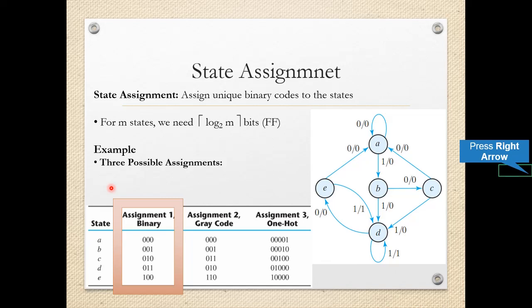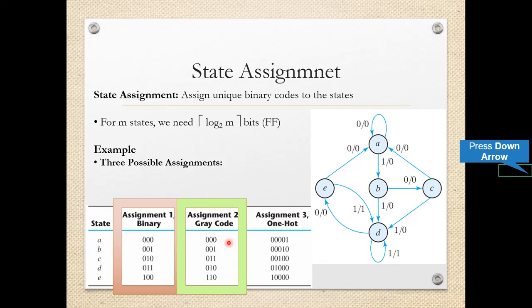Now what is the speciality of gray code? In gray codes there is a change of only 1 bit in the successive numbers or successive assignments. So first is 000, second is 001. So there is a change of only 1 bit. The other 2 bits are unchanged. Now if we check between the second and third number, again the first bit and the last bit are the same, only there is a change in the middle bit. If we go for the next, again the first and second bit are unchanged, only the last bit is changed.